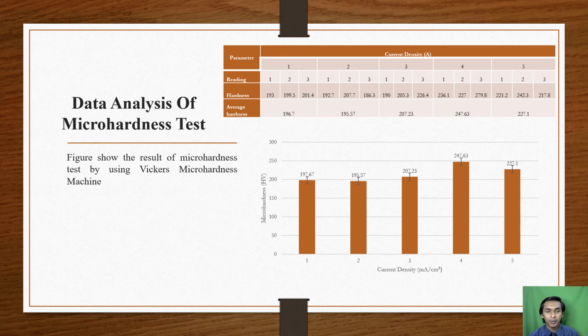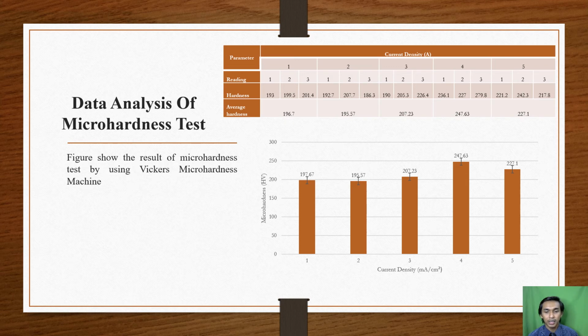In the table, we can see the average hardness value of the copper alloy specimens using 5 different current densities, which are 1 ampere, 2 ampere, 3 ampere, 4 ampere, and lastly 5 ampere current density in Vickers hardness. So for the result, we can see that the sample using 4 ampere current density demonstrates a higher surface hardness, which is